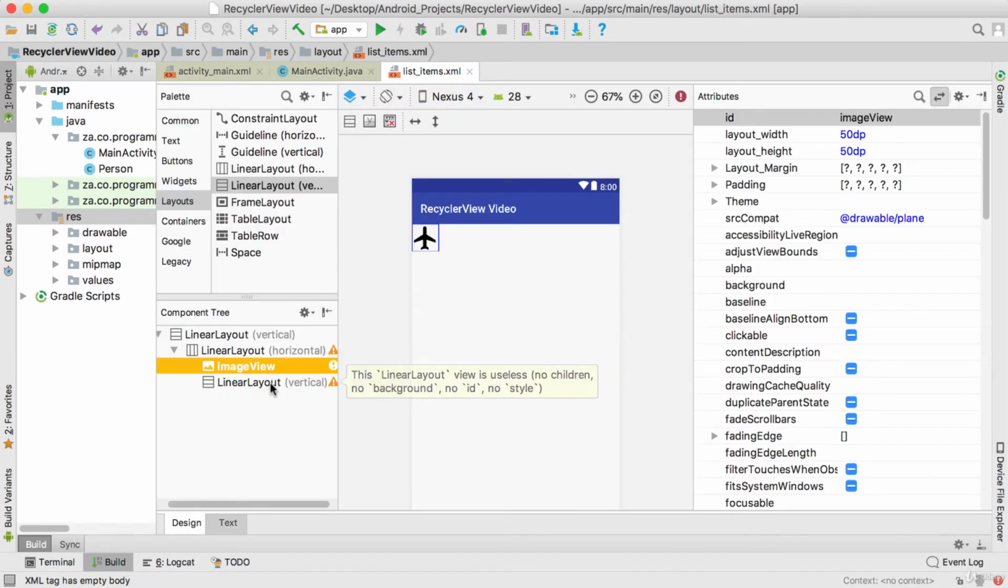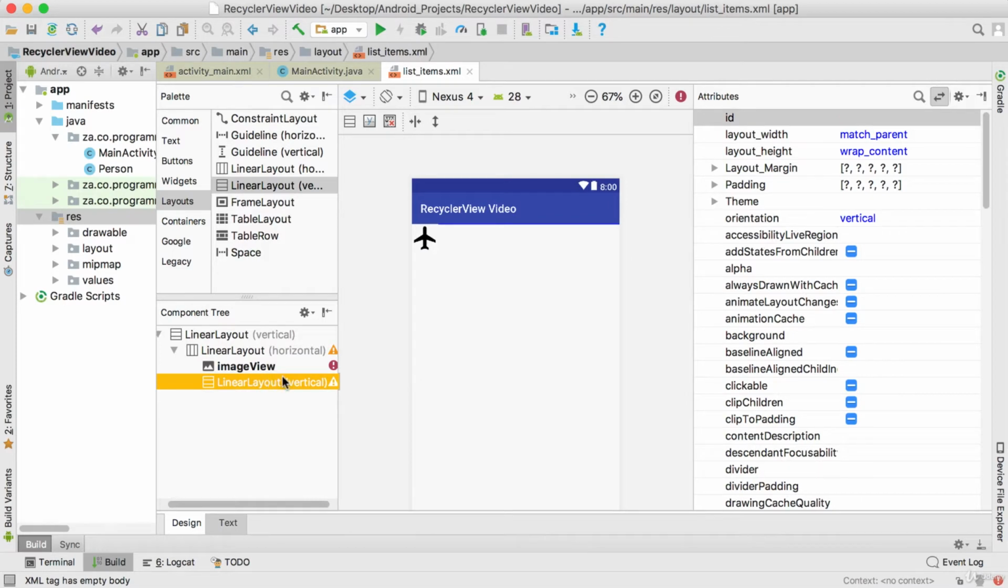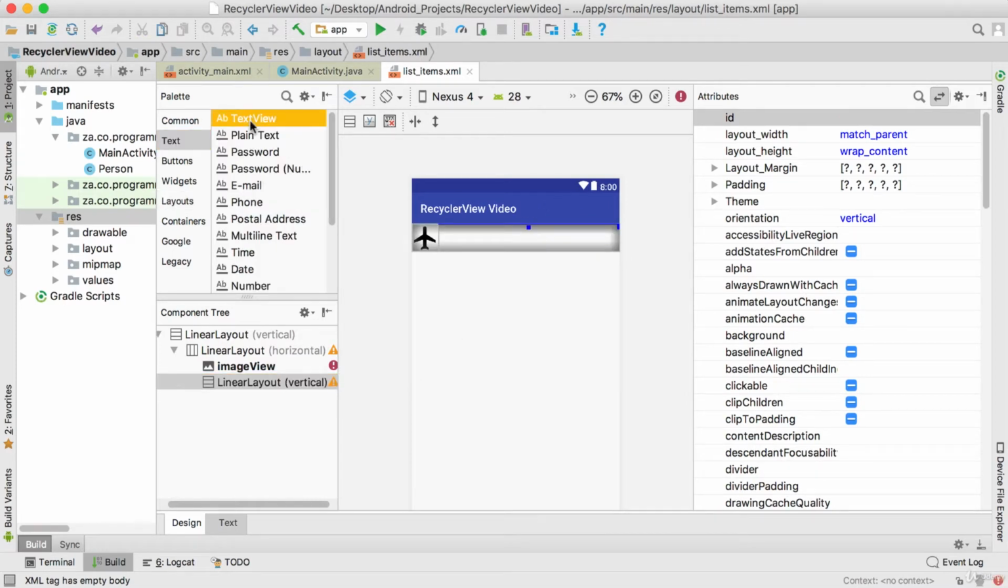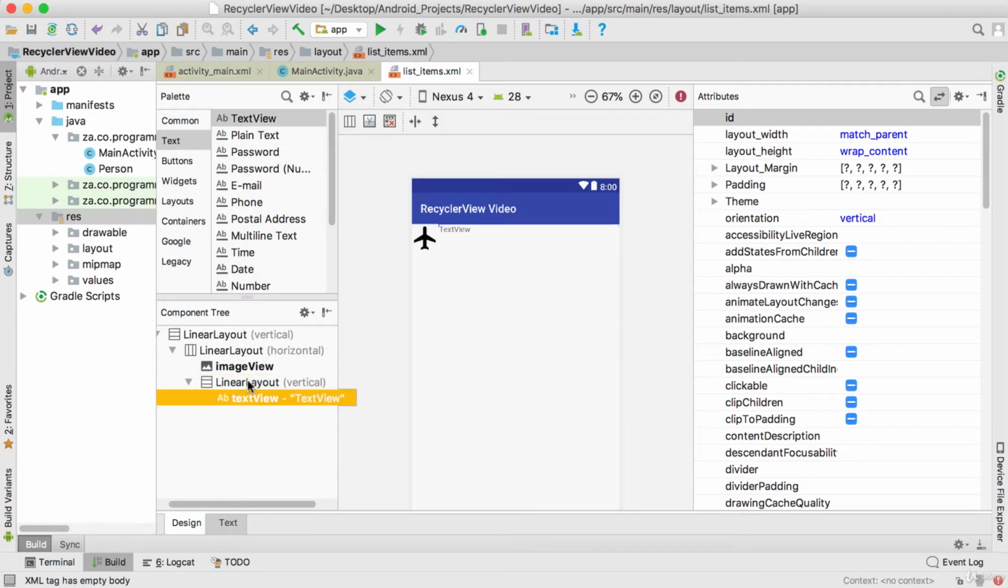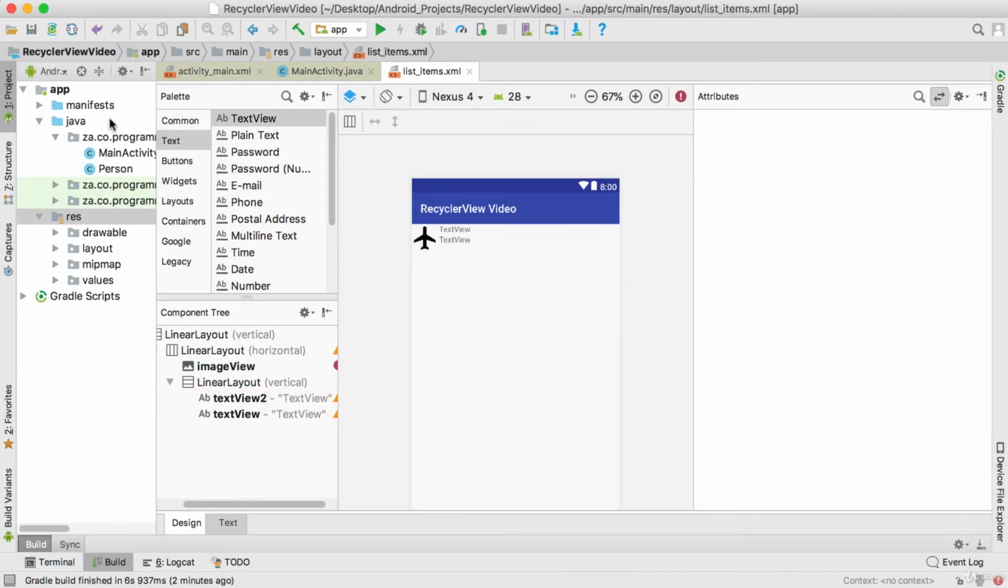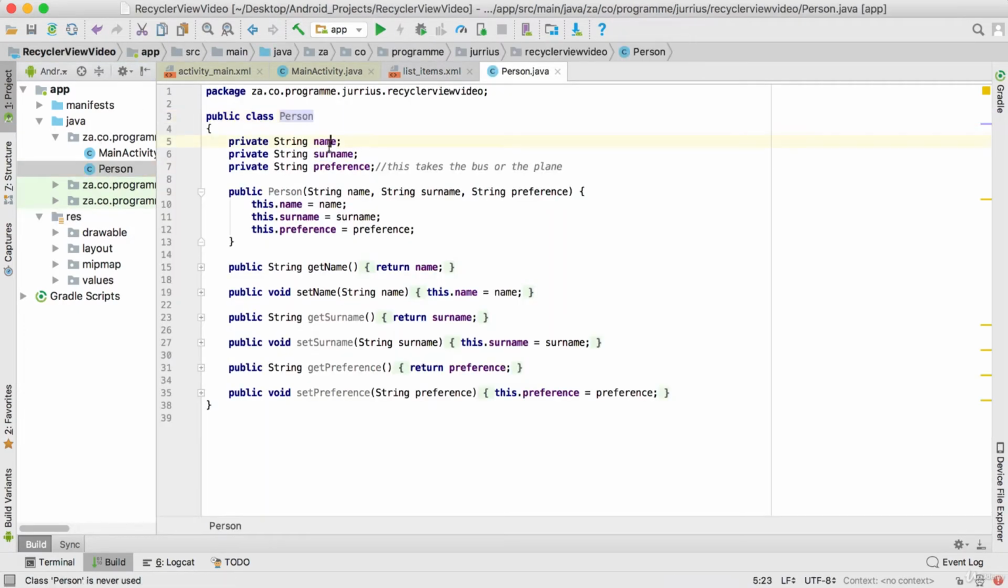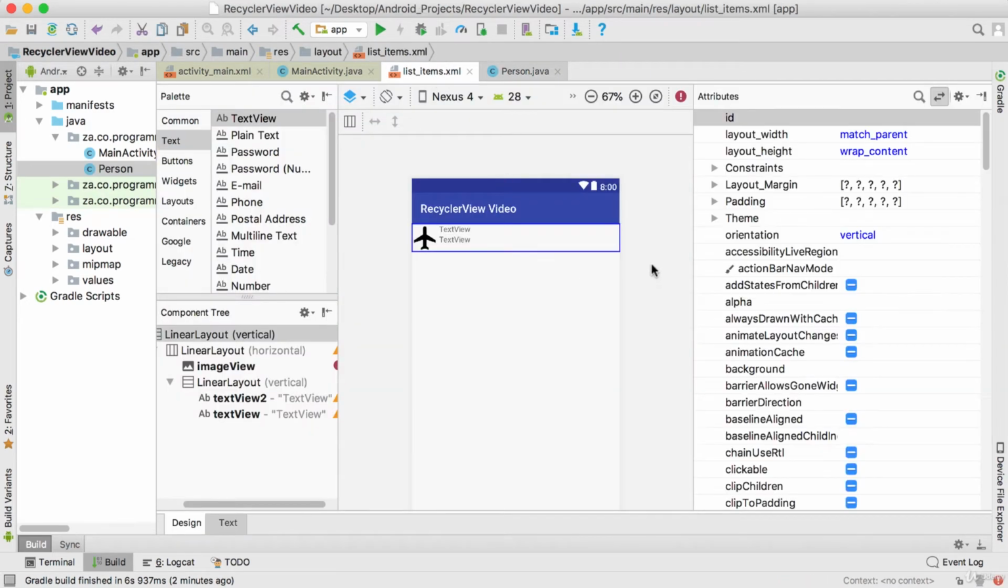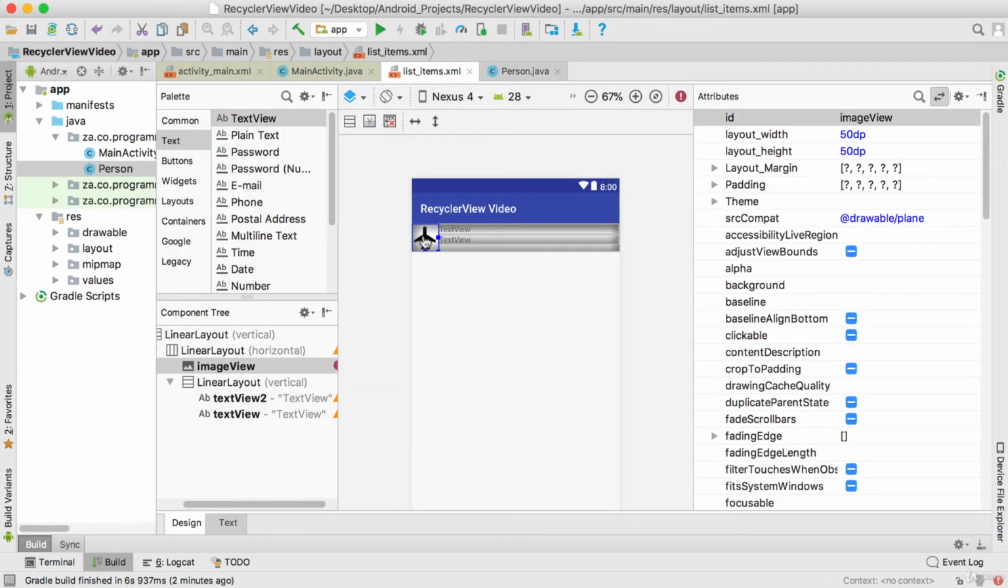Okay, so we've got the image view, and then we have a linear layout that we can't see yet. So we're going to use the text view and drag a text view into that linear layout and another text view into that linear layout. So we'll have two text views there. So remember our person object, it's got a name, a surname, and a preference. So we want to show those data on the screen. So the preference will either be the picture of the bus or the plane, and then the name and